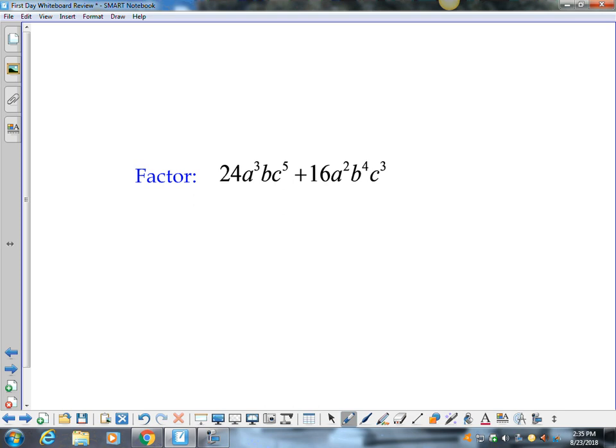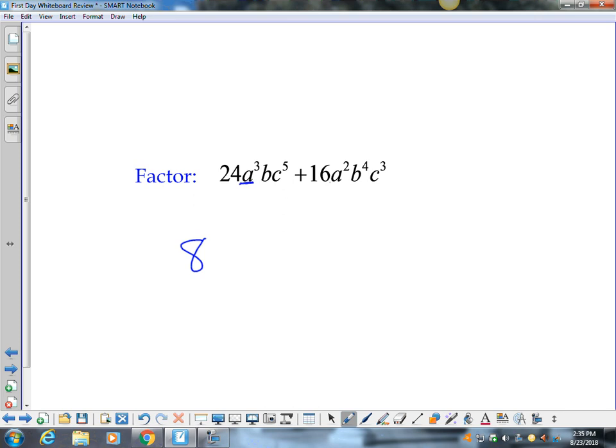Okay, and this one's got some meat on it. This one's only 2 terms. It's definitely a GCF. They have tons of stuff in common. I've got a 24 and a 16. Now I could take a 2 out. The G in GCF stands for greatest, so you have to go big. In fact, you have to go as big as you possibly can. So I'm going to take an 8,